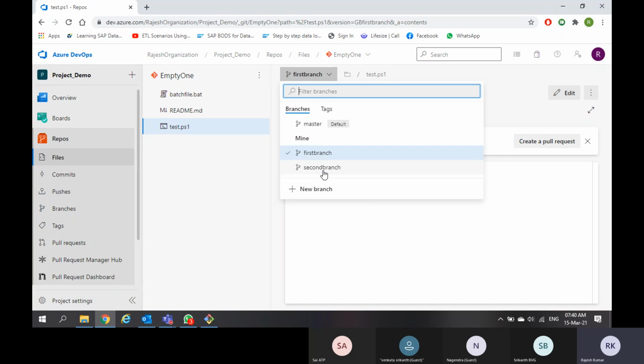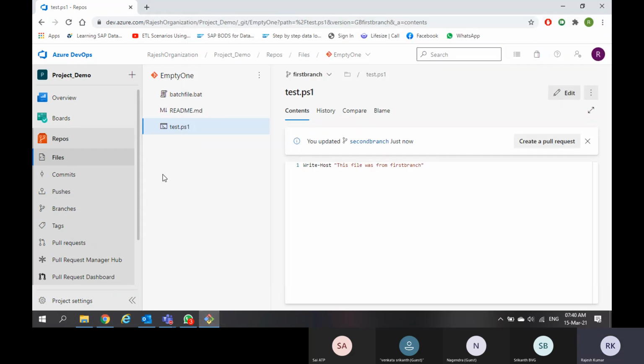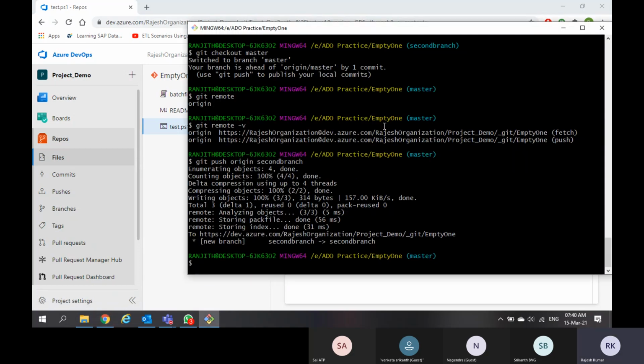This is how developers will work. Developers will be creating multiple branches in their own repositories. Once they are done with the work, they will push their branches to the remote repository. Even though I have created multiple branches here, it doesn't stop whoever is working on this repository. Why? Because I am working in my local.